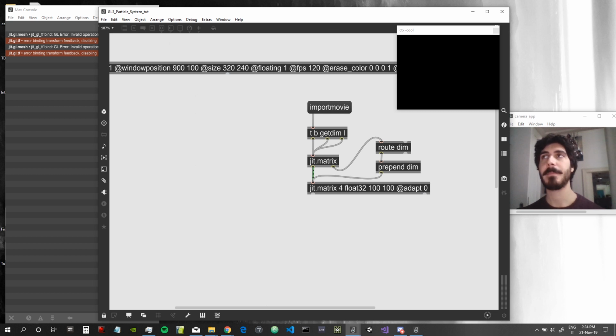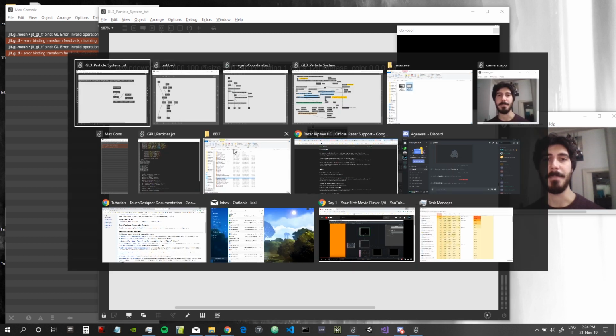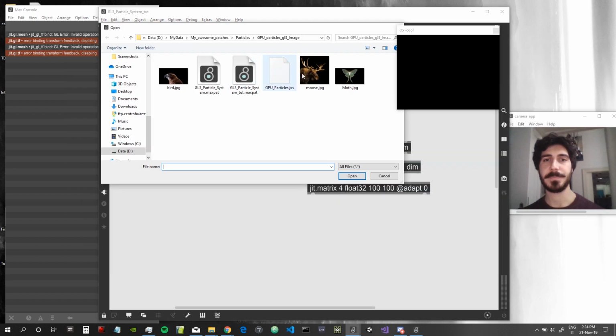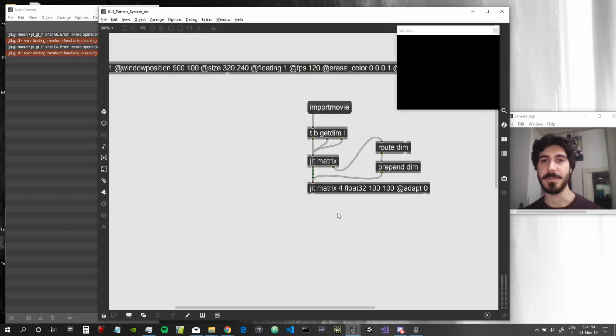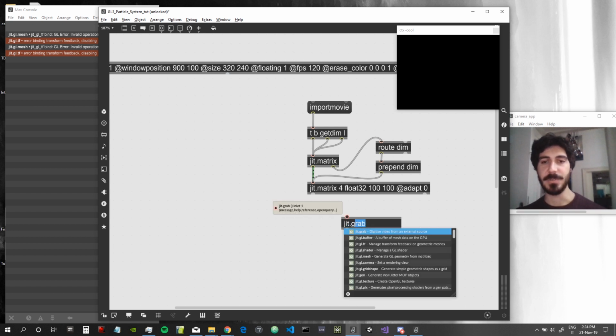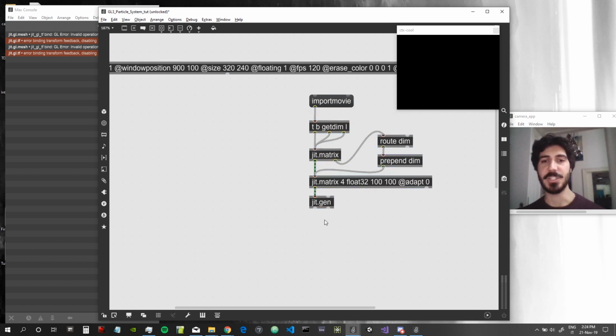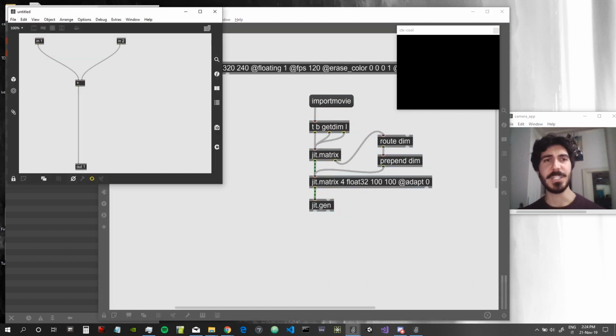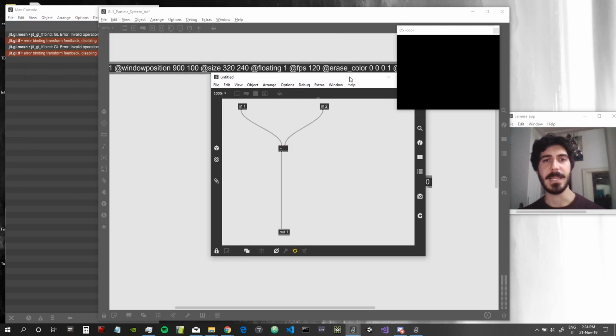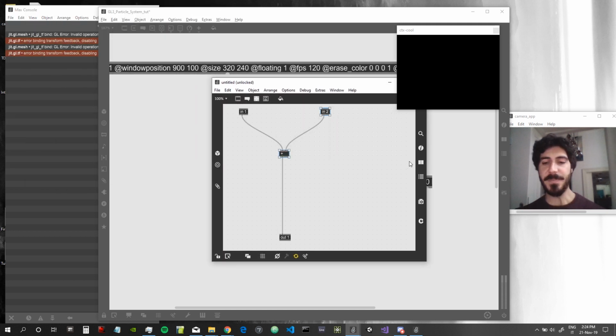Then, what I've done in my patch is to basically use all images with a black background, because we are filtering out the background if it's black. I've done this using JIT-gen. That's why we want a matrix float32, because we want to go inside JIT-gen. So inside JIT-gen, I've just made a little filter thing,